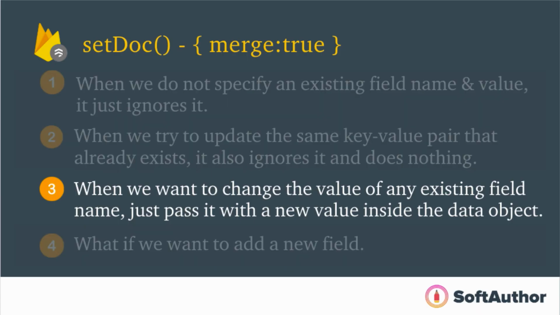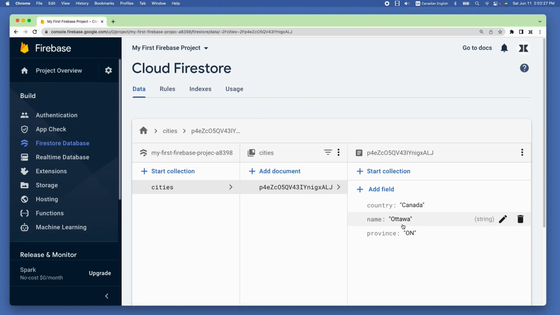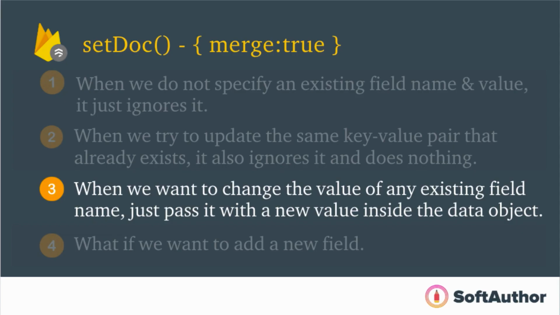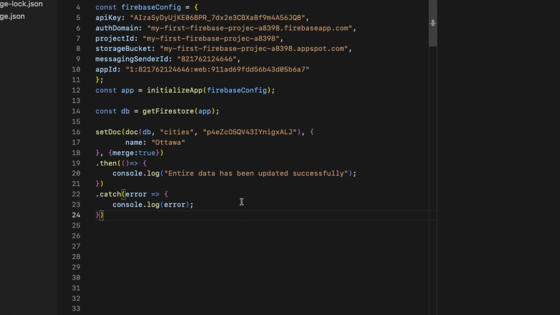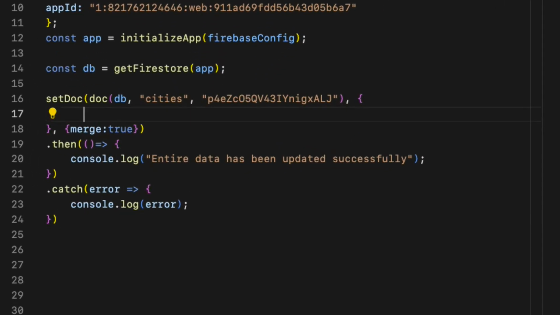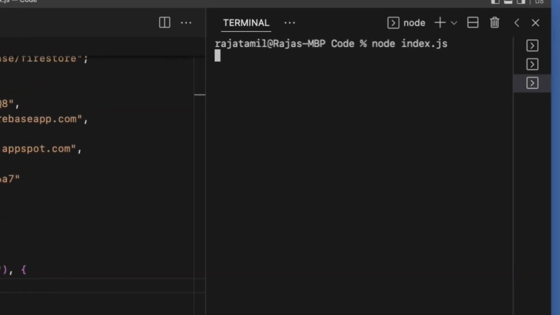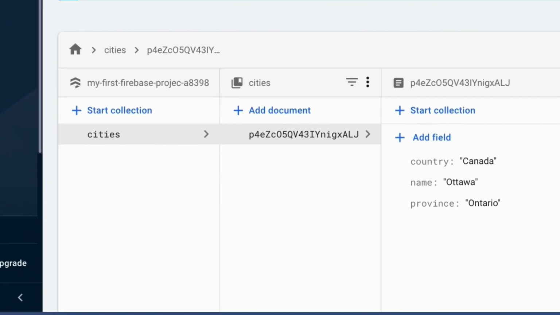The third scenario when we use merge is that if you want to update a value of any existing field, in this case province, say I want to change the value from ON to Ontario, all I have to just pass just that key with the new value. So get rid of the name property and add the key that we want to update to, which is province: Ontario in quotes. Let's run the code and you can see the new value has been added with the existing